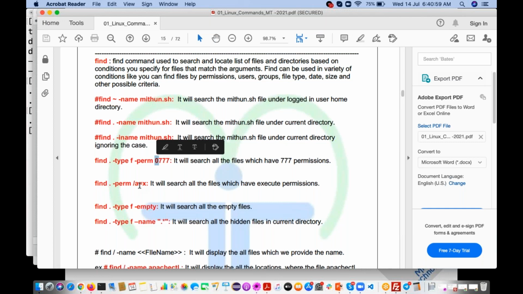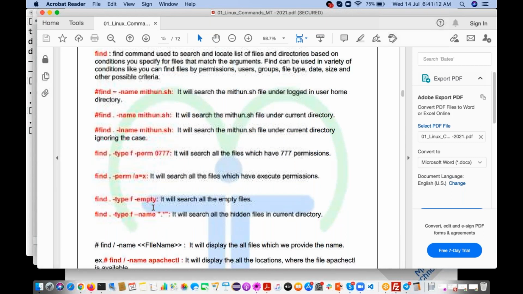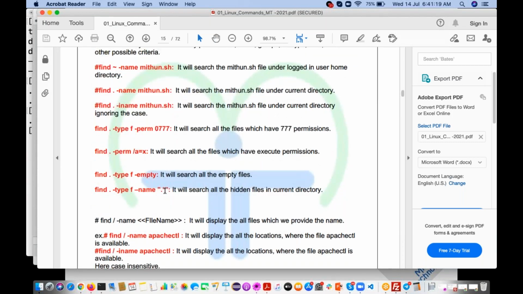See, a equal to x. I want to find all the empty files we discussed. I want to search all the hidden files. Dot star. Any file starting with a dot means it is a hidden file or hidden directory.